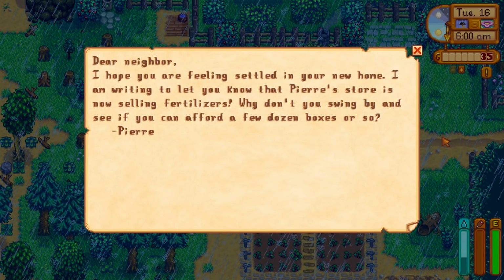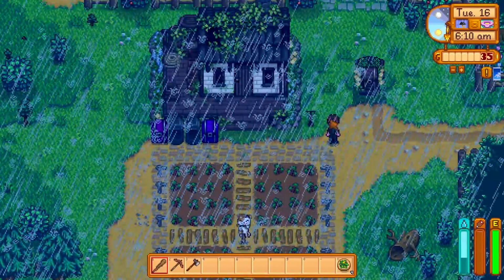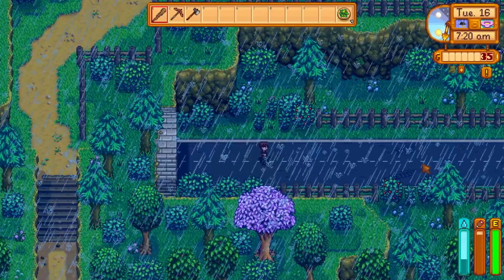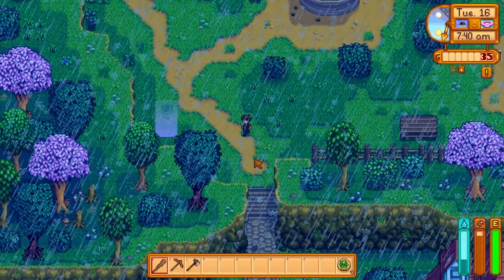On to day 16 and I added the Moongate mod. And it was also pouring down with rain today. And another thing, my mailbox was missing. Not too sure about that one. I went on a valley-wide search to find these so-called Moongates, and I found one finally just west of the